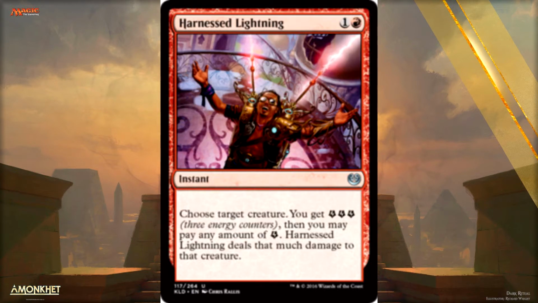Number 3, Harness Lightning. This card is crazy. You get 3 energy, and you can pay 1 energy, and it deals that much damage to target creature. You can pay 4, you could pay the 3, you could pay 20. That's a bad example. You're not going to use 20, but it is